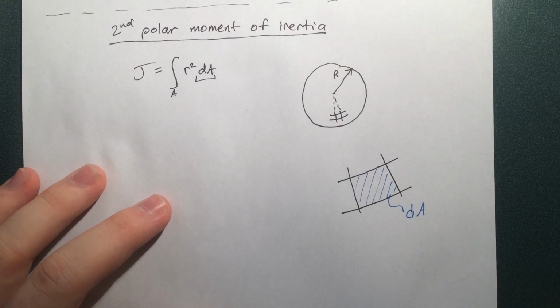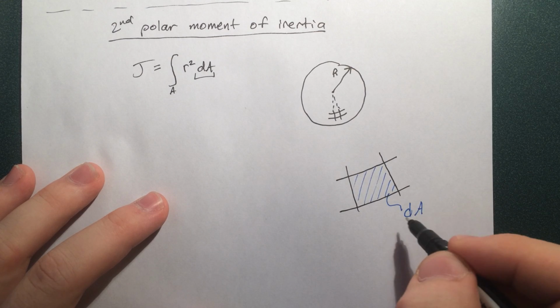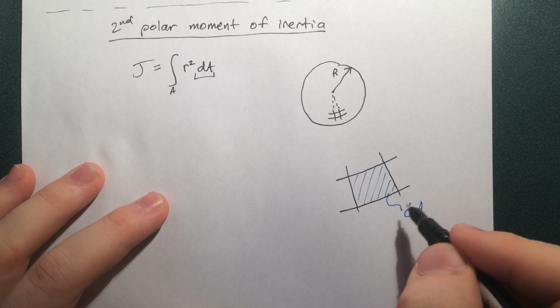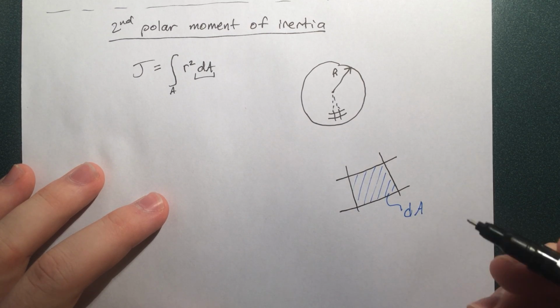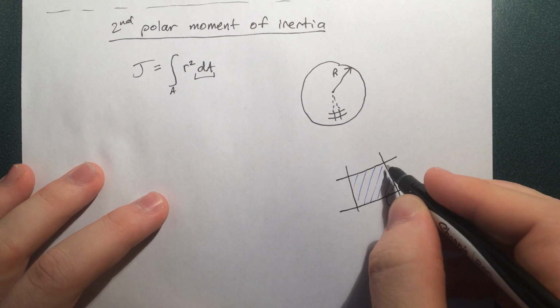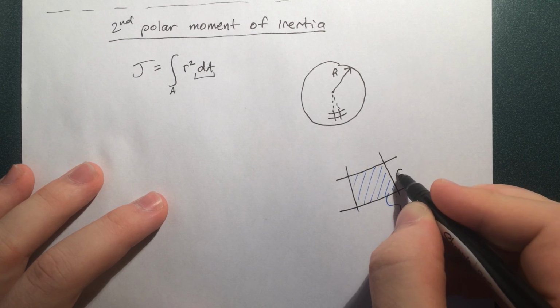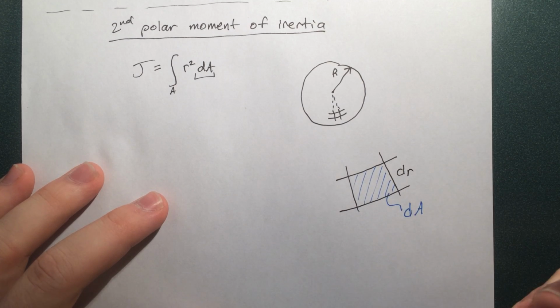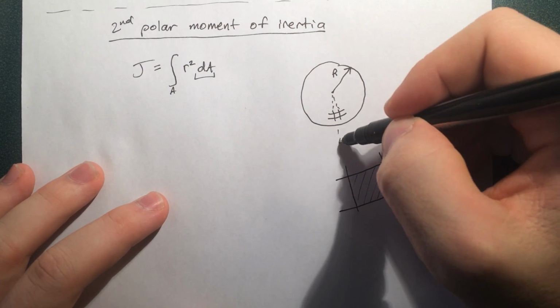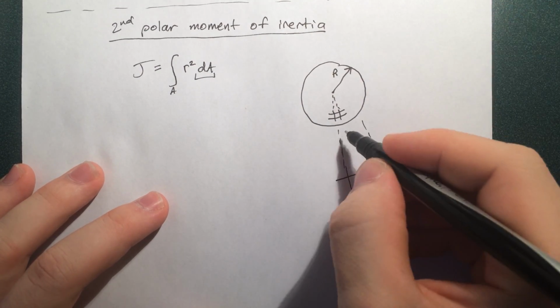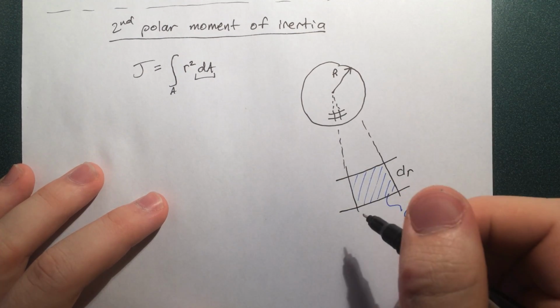So if this is a very small area, an infinitesimally small area dA, that means each of the side lengths must have these differential forms as well. So this small distance in the radial direction, we'll call that dr, because it's a small distance in the radial direction. And this bit here has to do with this small angle of change, d theta,